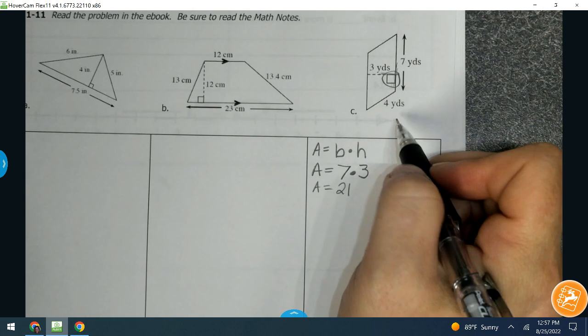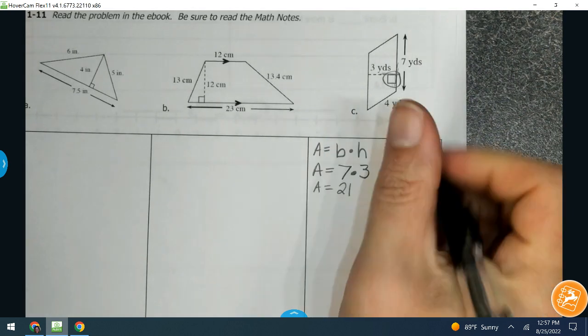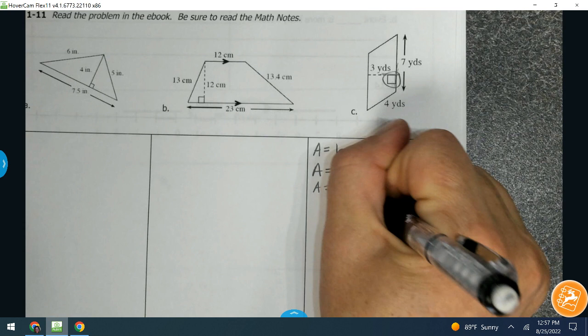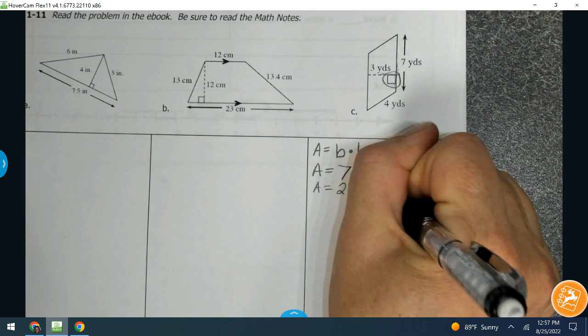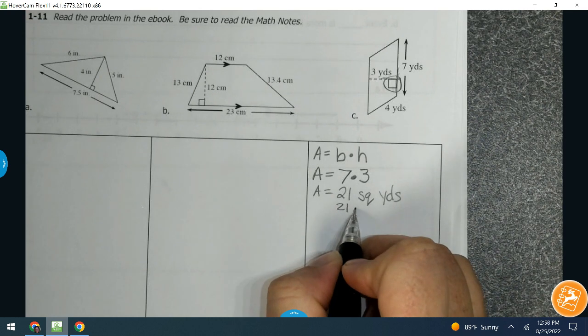So our units, we have yards right here, but it's not yards. When we're talking about area, the inside, it is square yards. So you can write it as square yards or 21,